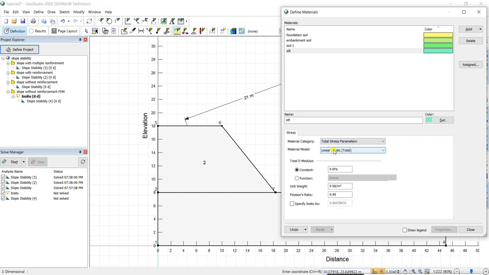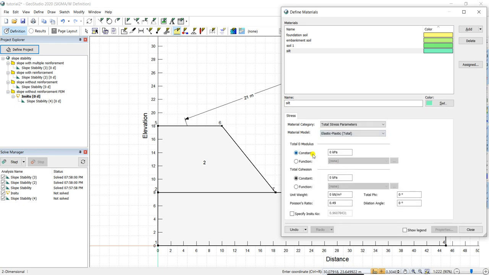If you select total stress parameter, then you can select either a linear elastic type of model, a metal model, or any other type of model. Mostly what we select is the linear elastic model because it is simpler. You can also select an elastic plastic model, but then you have to give more details about the soil.